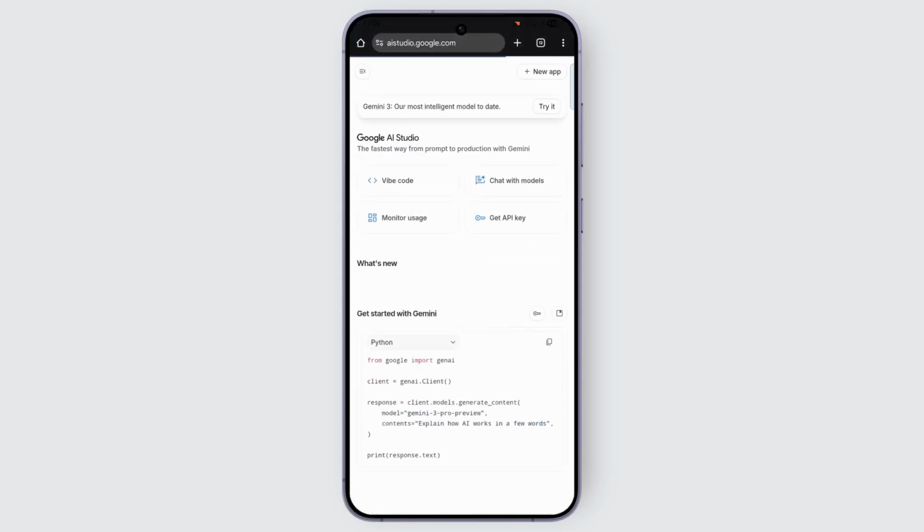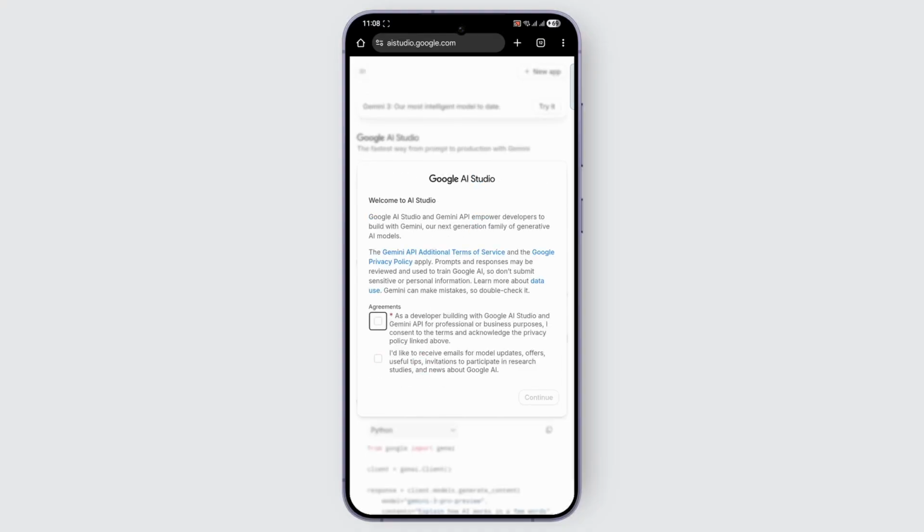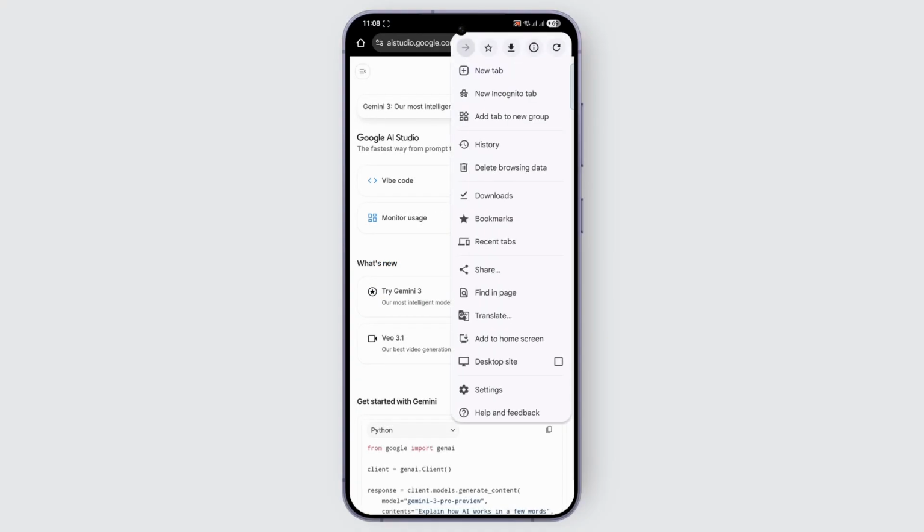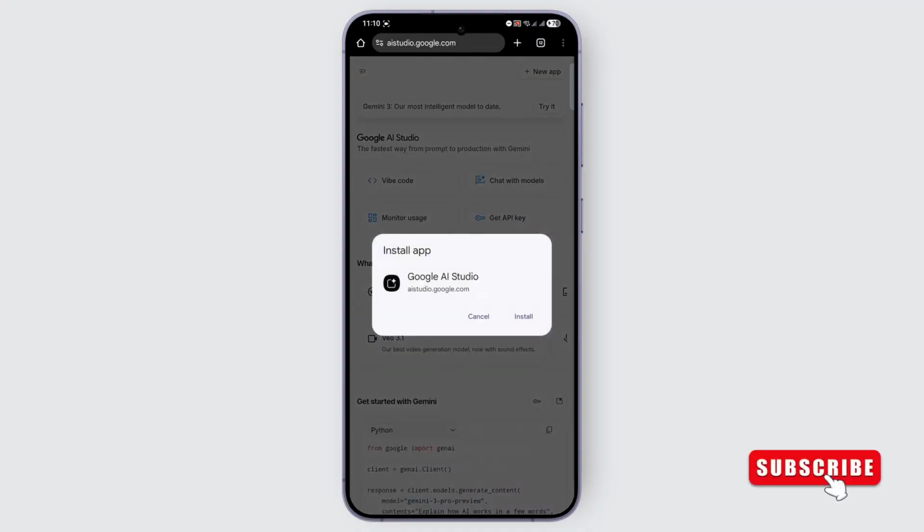Once you open it up, all you have to do now is accept the terms and conditions, tap on continue, then tap on the three dots at the top right. From here, all you have to do is tap on this option to add it to your home screen